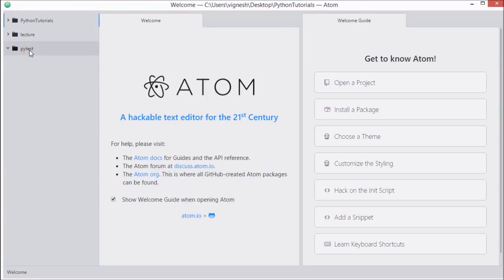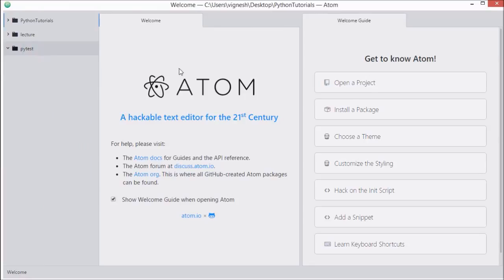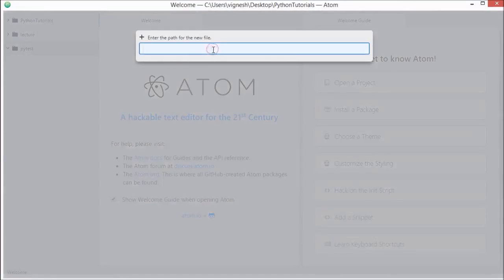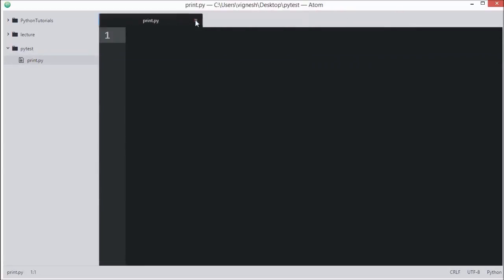What you need to do is right click and add a new file. Then you will get the option to enter the file name. Let's say something like print.py, enter. Okay, now we can close these tabs. Now I'm going to write code here. Yeah, print, let's say hi,